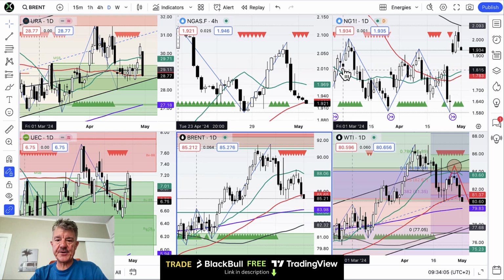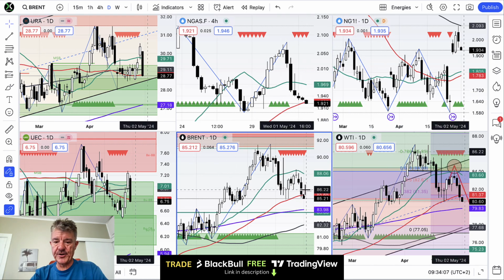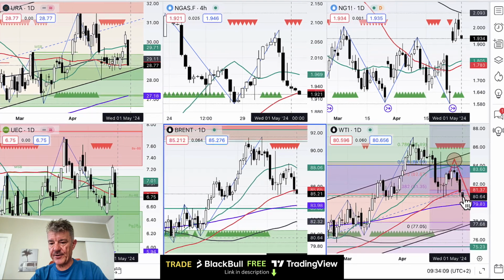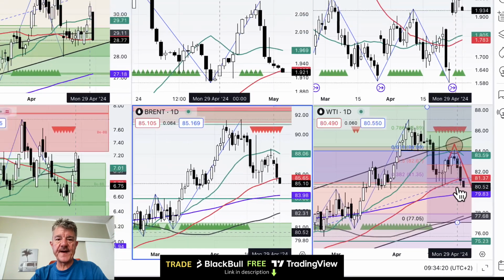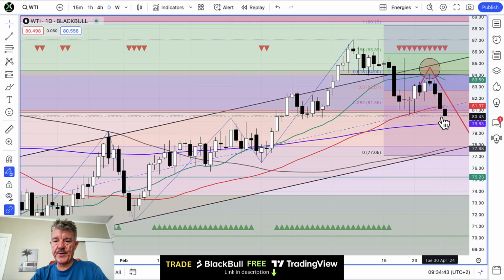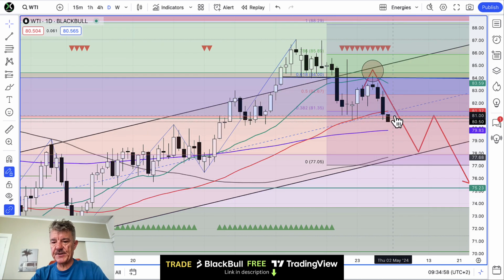Now, natural gas and WTI or Brent crude, we're short on WTI. That's going great so far. Our entry price is around about 83.5 to 83.6, and we're now at about 80.5, just above 80. I think that once we break support here, get down below the 200-day moving average, we should head down to the bottom of the channel. That's about $78. Perhaps a bit of a bounce back up to this zone here.